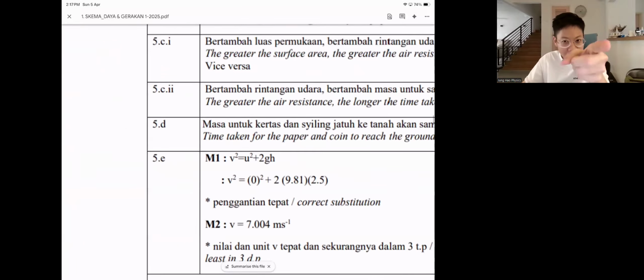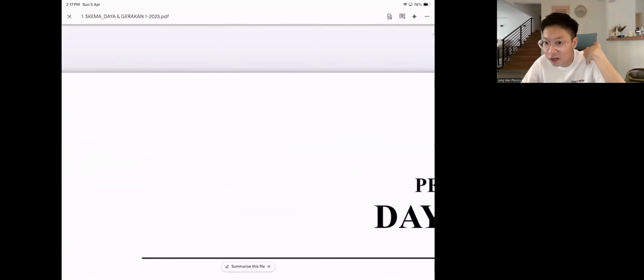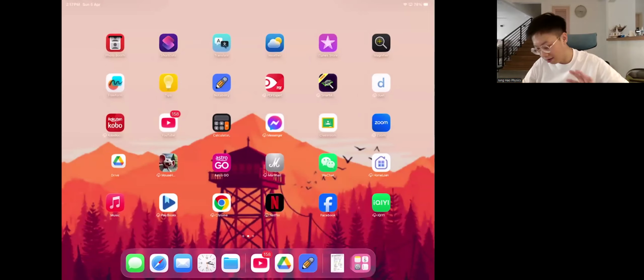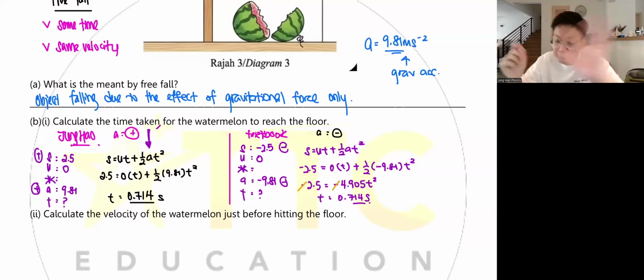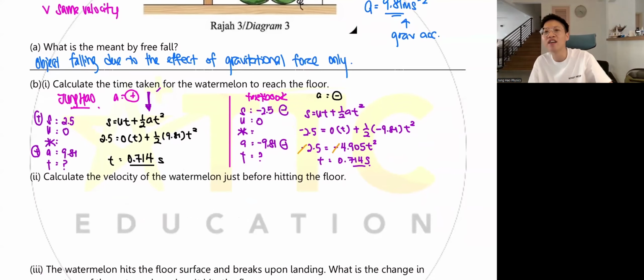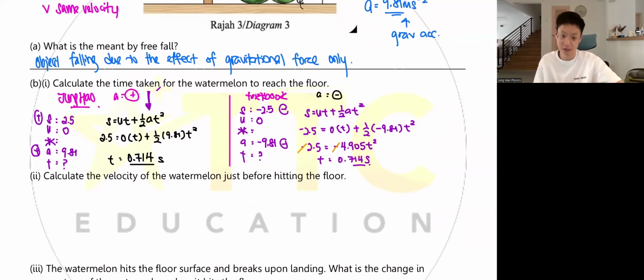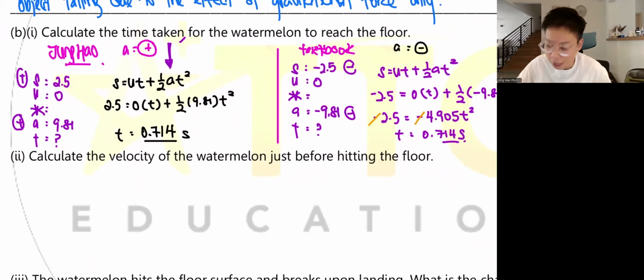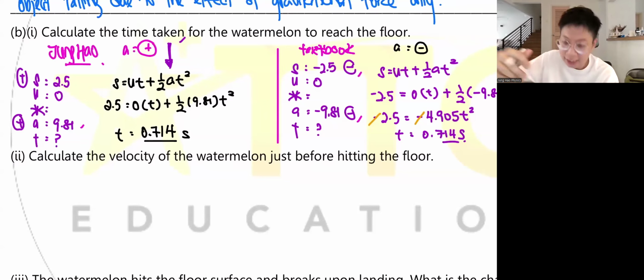If you talk about the answer scheme, guys, this is the official one. I didn't create this, this is the real committee guideline, so both are acceptable. Guys, I'm not interested to debate who is right, who is wrong. I can tell you the scheme has this answer. To answer Jing En's point, to answer Darlene's point, your textbook writes both negative, correct? But why I teach positive is because it's easier to imagine.